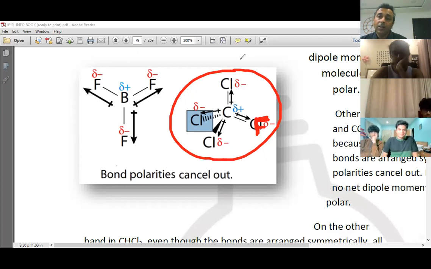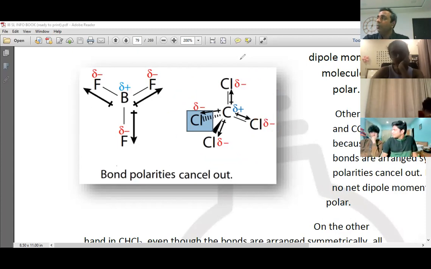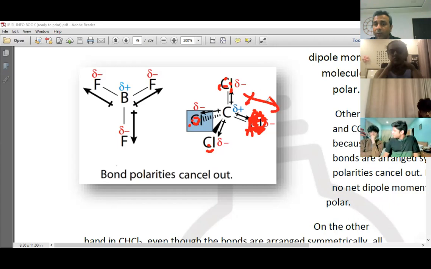Because the non-polarity of a molecule will happen only when the electron cloud in the molecule is uniformly, or you can say symmetrically, distributed. Only then it will be non-polar. If there is fluorine here, there will be more electron cloud over here and less over here and here. So it's not symmetrically and uniformly distributed. So this is polar. The dipole will be in this direction towards fluorine, because it's highly electronegative.